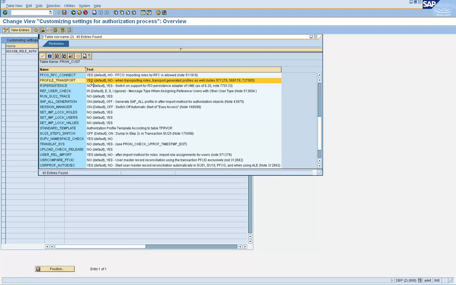So that's why when you try to create a transport request for a single role, even the profiles are getting transported. So if you don't want to transport the profiles along with the role, then you maintain in this table prgn_cust this parameter profile_transport to value no, and from that point on the profiles will not be transported.